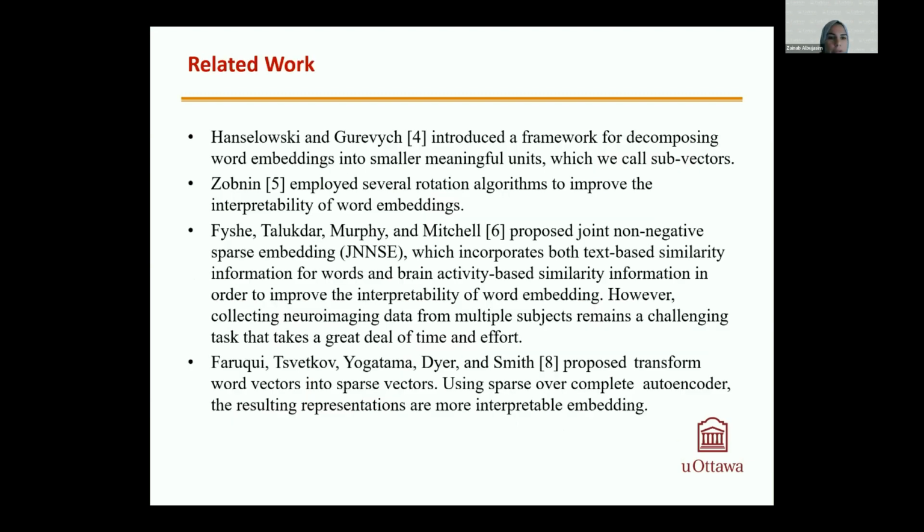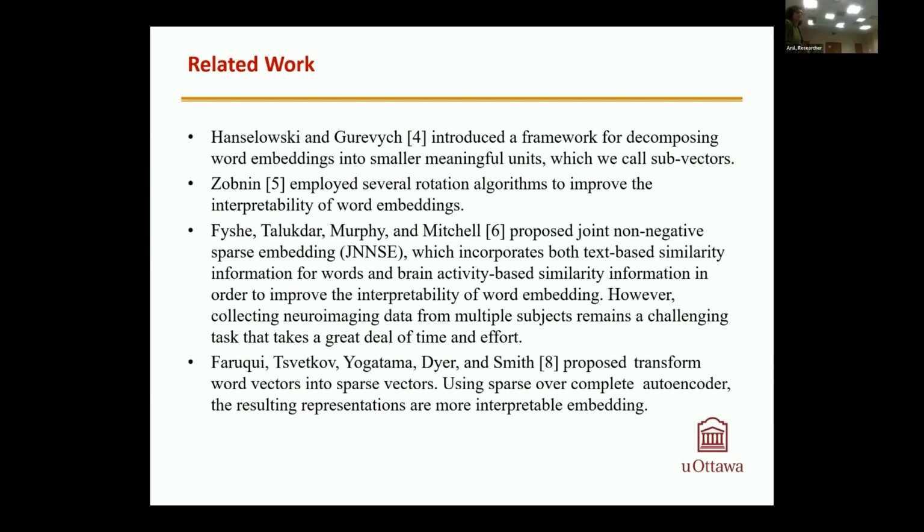For the related work, several researchers have also tried to tackle this problem. For example, Hanliski and Grovich tried to introduce a framework for decomposing word embedding into smaller meaningful units, which are called sub-vectors. Zobnian employs several rotation algorithms to improve the interpretability of word embedding. Weishi proposed a joint non-negative sparse embedding, where they use both text-based similarity